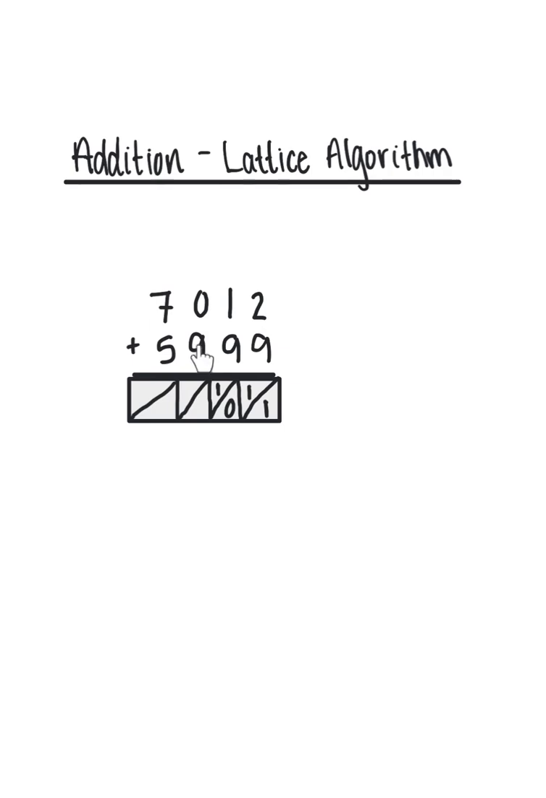Next, we're going to add the 9 and the 0, which equals 9. So we're going to put a 0 in the tens and a 9 in the ones. And then next, we're going to do 7 plus 5, which equals 12. So we're going to put a 1 in the tens and a 2 in the ones. Now we're going to add each diagonal together. So the 1, the 0 and the 1, the 9 and the 1, the 2 and the 0, and then